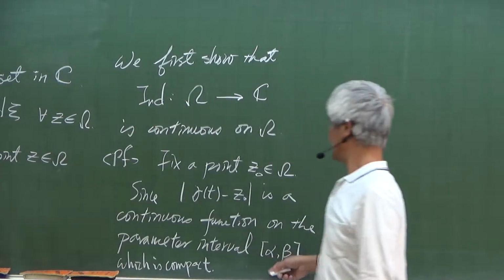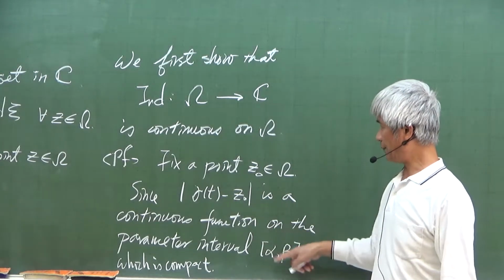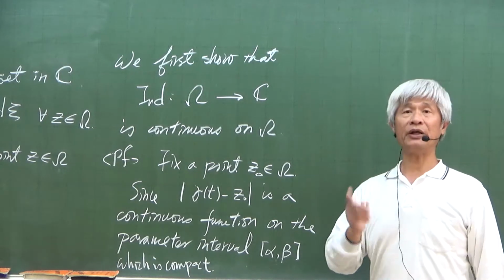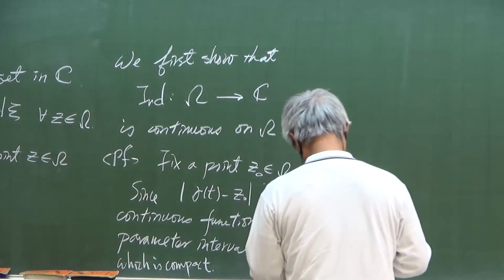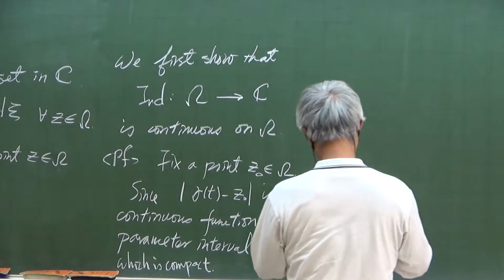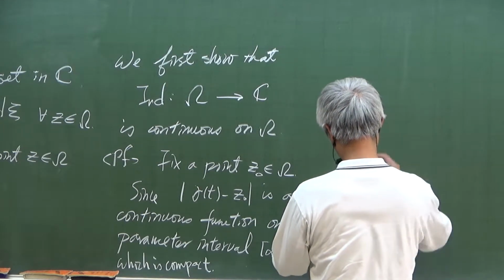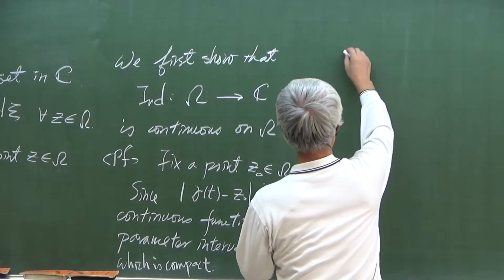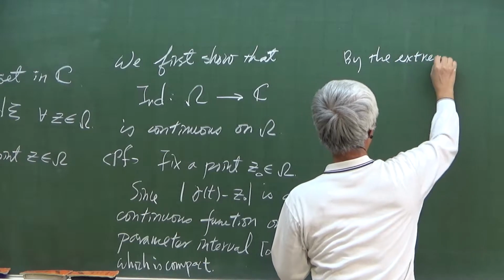And so this is a continuous function on such a compact subset, so by the extreme value theorem,